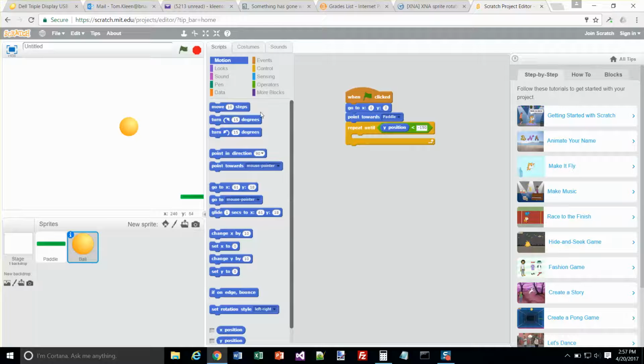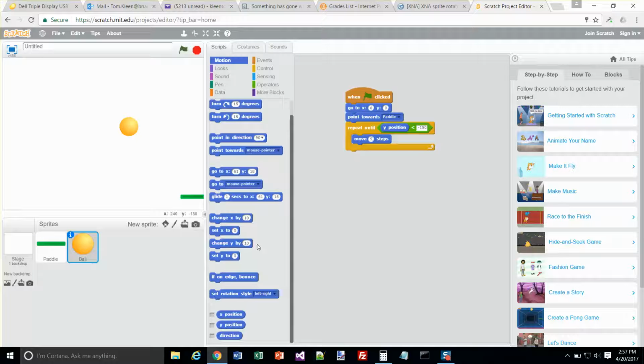Okay, I need to scroll back up. So move, and instead of 10 steps, we're going to do 5. I want to make the game a little more challenging. You can probably increase that number. And then if I'm on the edge, I want to bounce. And that is still under motion, and I'm going to take that instruction right there and drop it right under